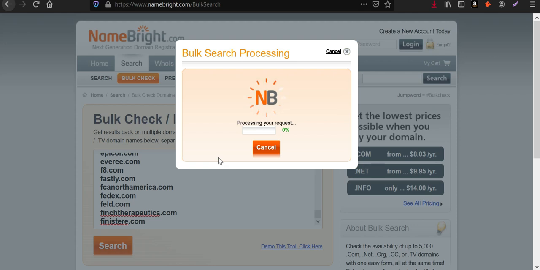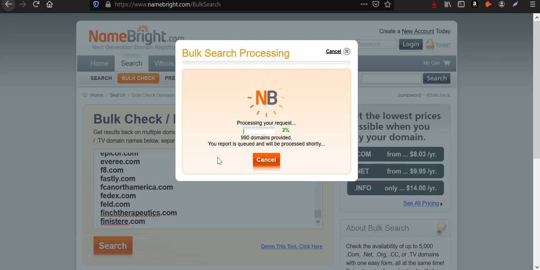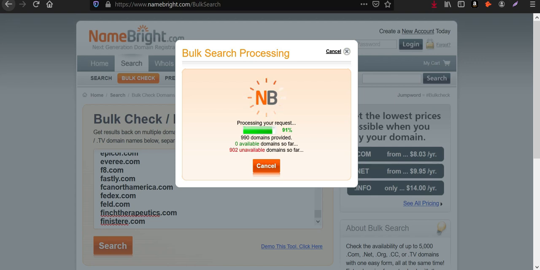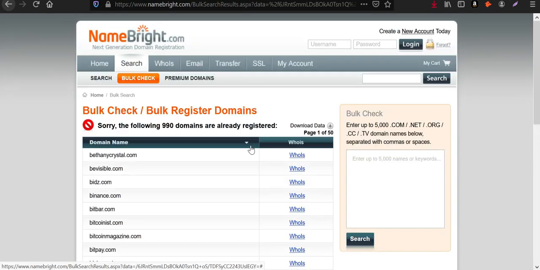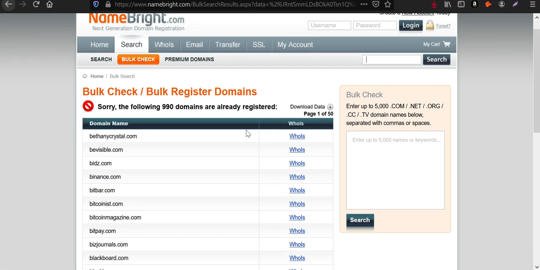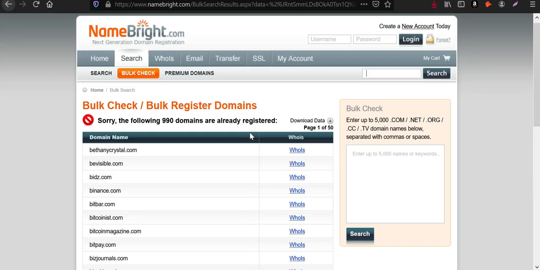This tool will help you find out if any domain has expired or is available to book or not. You can see 919 domains are already registered. So we don't find any expired ones from the list.